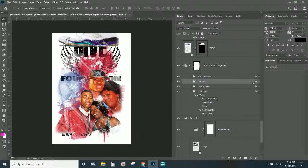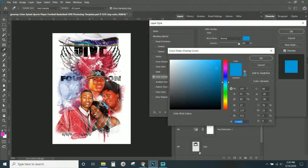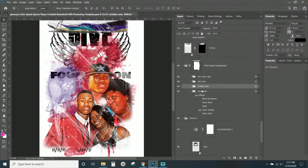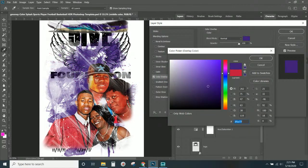Now, of course, we put a copy of the top color, so we can go do that one more time. I should have saved the color code for that, but I think that'll be fine. When you do these kind of paint splashes and different gradients and different levels of the color coming through, it's not really an exact thing, but if you're doing a solid color, you're more likely to get caught up trying to match that color. So middle color, what we'll do is we'll still do the purple,